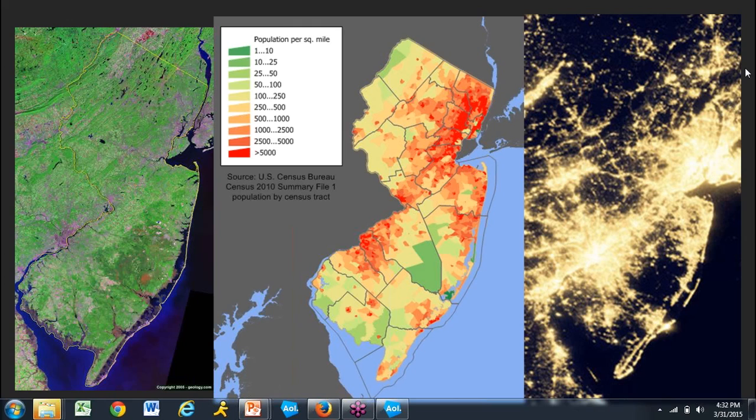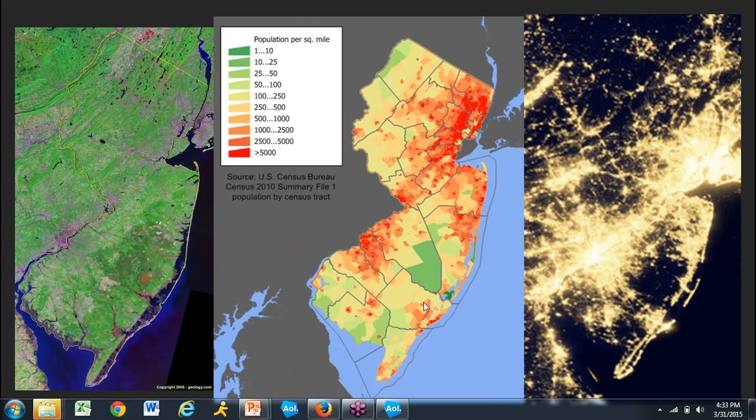I believe that including up into Connecticut and down into Delaware, about 10% of the United States population exists right here, the Northeast corridor. Compare this region here, very little light, to this region here.